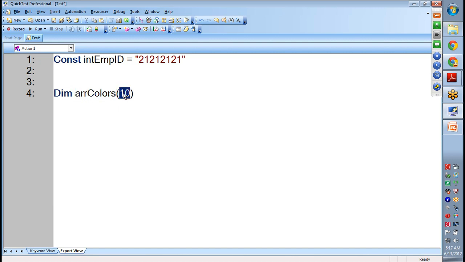Remember, array index always starts from 0. That means here for the array colors you gave 10, meaning up to 10 values, that is 0 plus 10, so 11 values you can store in that variable. So what I do is I'll give 2, colors of 0 equal to